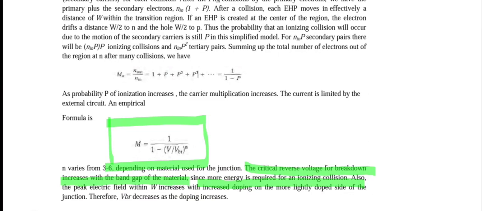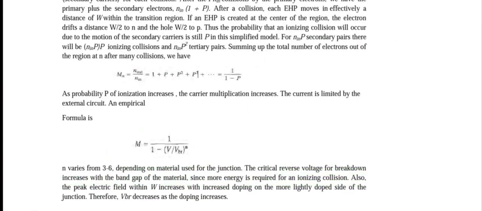So this much about avalanche breakdown. Avalanche breakdown is also known as impact ionization, whereas Zener breakdown is known as field ionization. In Zener breakdown, an electron is torn out of the covalent bond due to the electric field, and a tunneling process happens from the valence band of the P region to the conduction band of the N region. Due to that, current flows. That is known as Zener breakdown. It happens for a heavily doped PN junction, normally at low voltages.